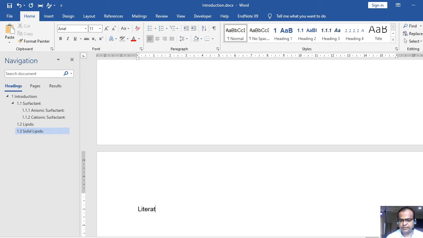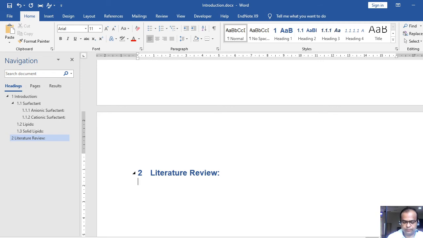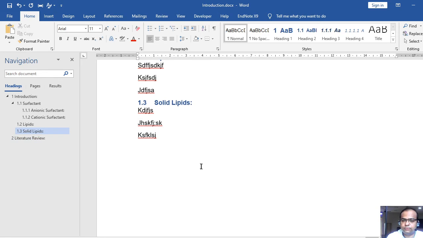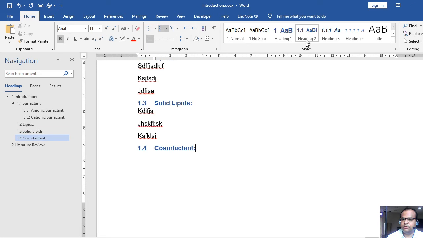Let's say I am writing the literature review and the heading should be 2.0, so I need not take care of that now. I'll just select Heading 1, and automatically it will be 2.0. I'm writing something. Now what happens? Suppose later on I think I should add co-surfactant here, and I should give 1.4 as a number where I will write something in co-surfactant.